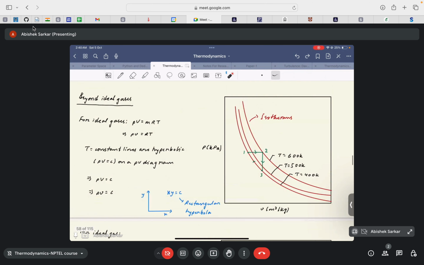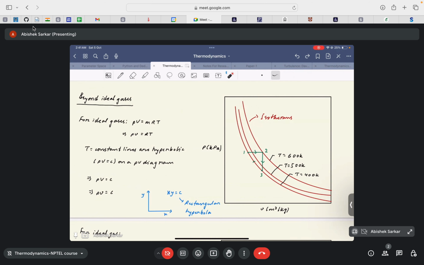this one, the portion where Professor Anand has discussed some topics where we go beyond the ideal gas. Okay, so here Professor Anand discusses the behavior of isotherms in the case of ideal gases in a PV diagram. So he tells us that for an ideal gas, an isothermal line in a PV plot would be denoted by a